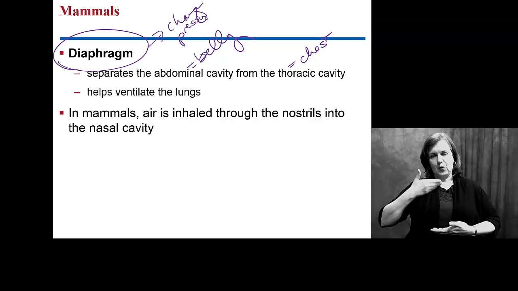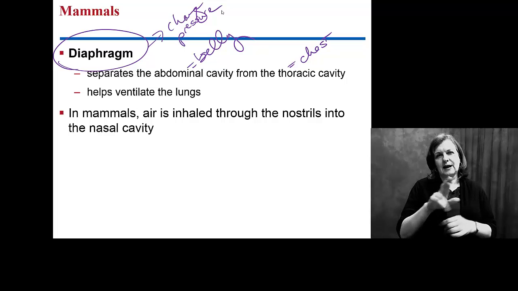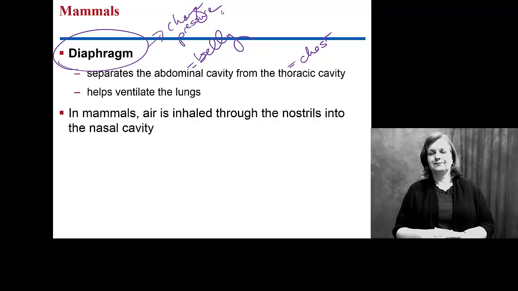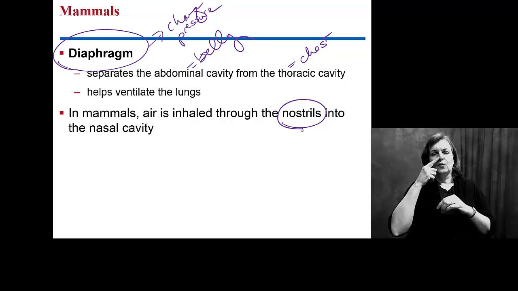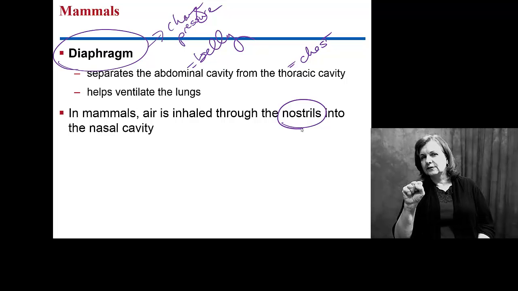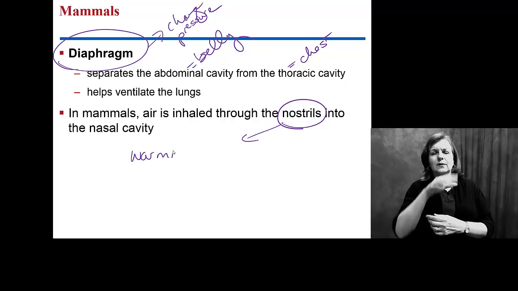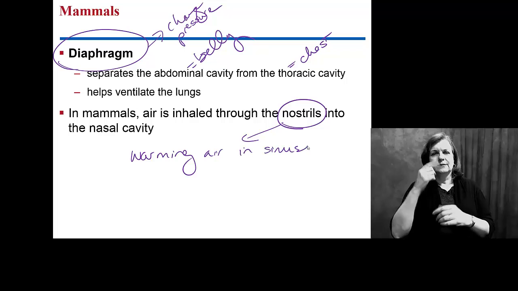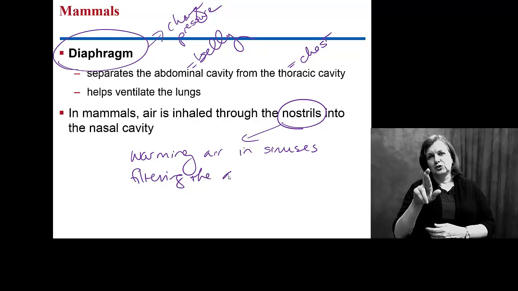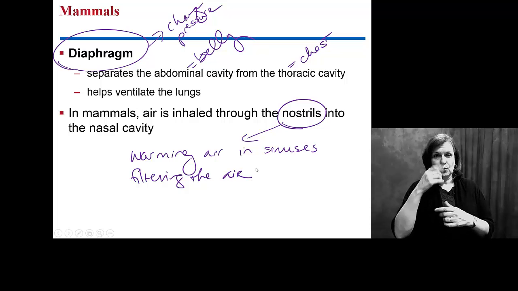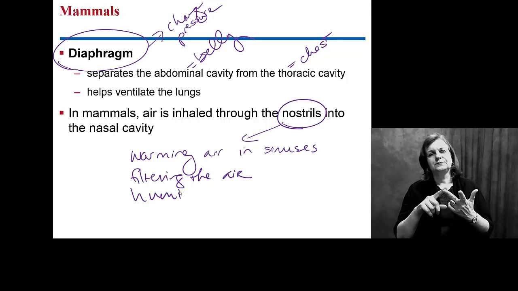So we're going to have to think like physicists for a few minutes and think about air pressure and what that means. Now, in mammals, we actually look at breathing through your nostrils, and they tell you you're supposed to breathe in and out through your nose. Why? Well, by breathing through your nose, we look at warming the air in your sinuses. We look at filtering the air. You have hair in your nose. You don't have to be an old person to have hair in your nose. And we're going to humidify the air,